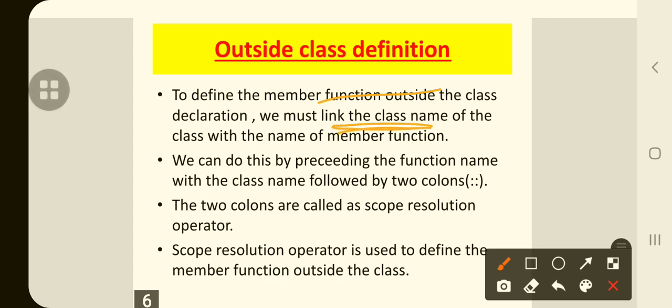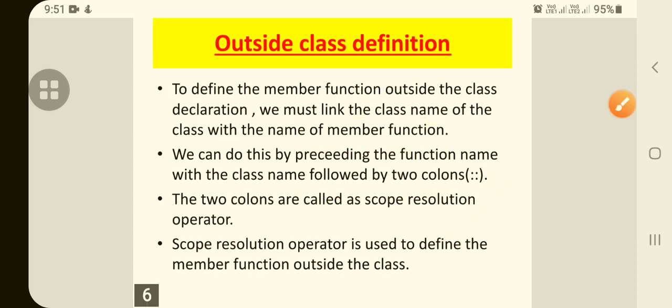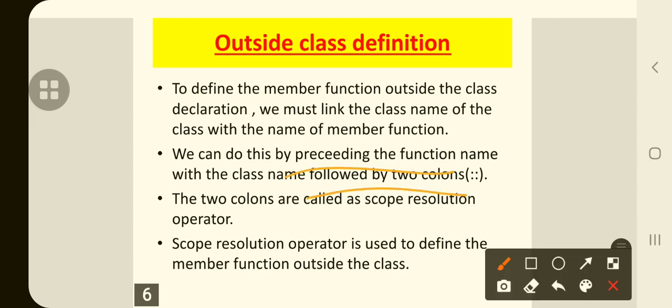We do this by preceding the function name with the class name followed by two colons. We can understand this clearly with an example.